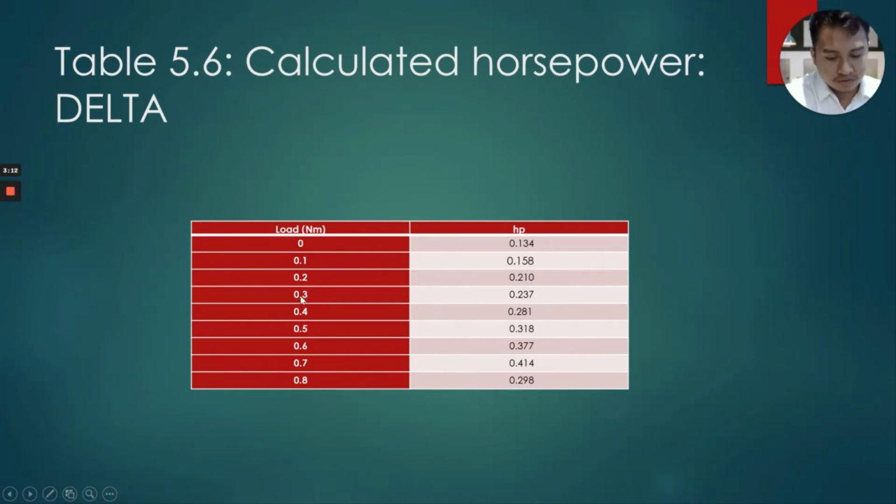For load 0.3, 0.237, and 0.4, 0.281. For 0.5 we get 0.318, and for load 0.6, 0.377 horsepower, and for 0.7 load we get 0.414 horsepower, and lastly for 0.8 we get